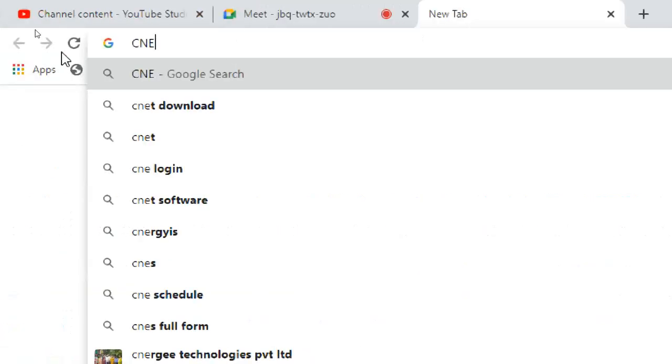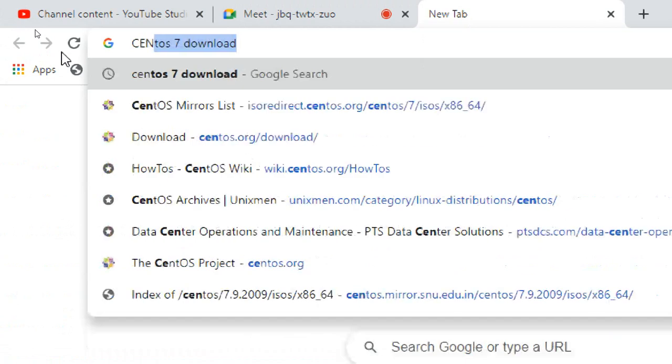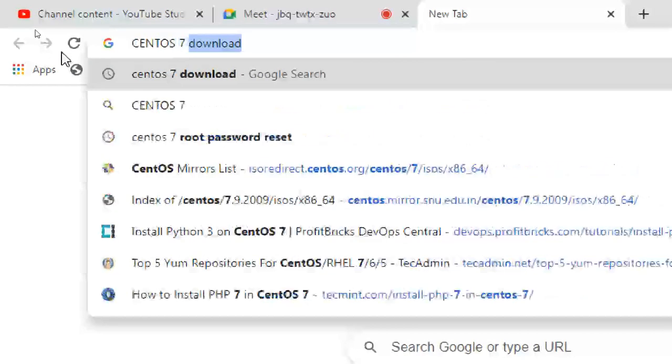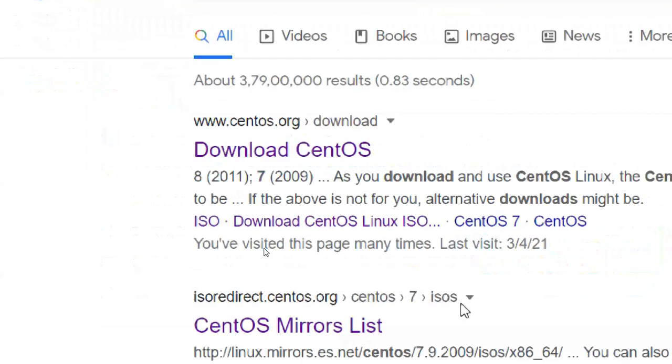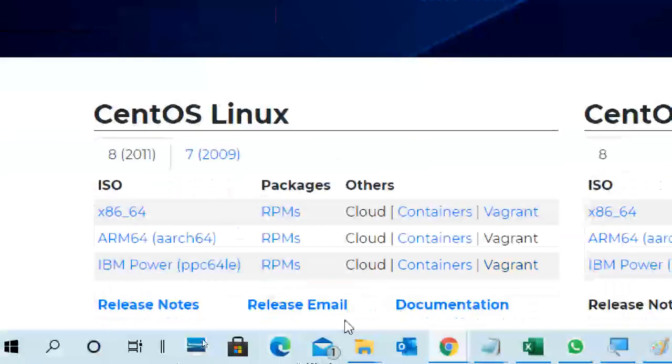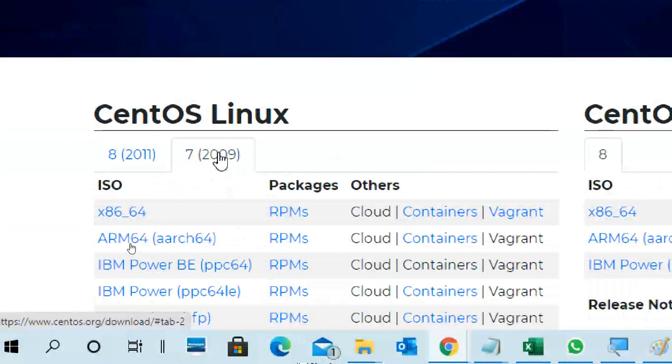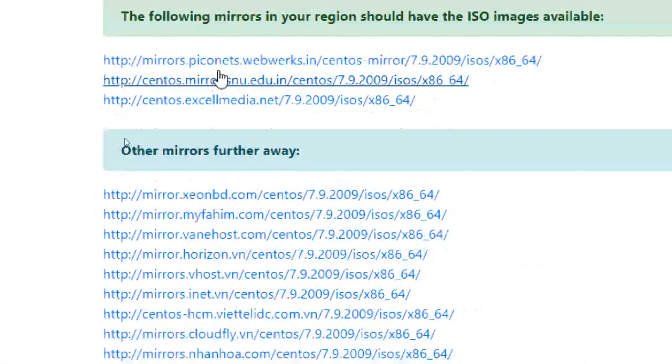So what to do? CentOS download. I decided to use only 7 until I get confidence in 8. So I selected 7, x86_64.